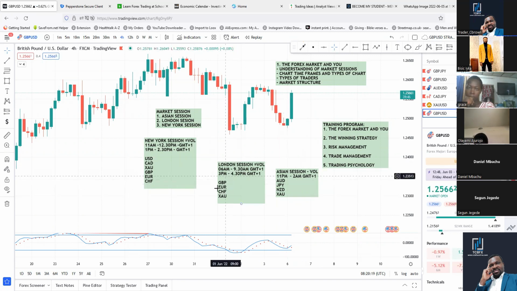But in the London section, this one is strong if you are in the London section. And this one is weak because this is not its section. So you can see that this currency pair, they did not come out. None of them is appearing here. So it's easy for me to always pair my currency with the one here to get a very decent trade within the day.